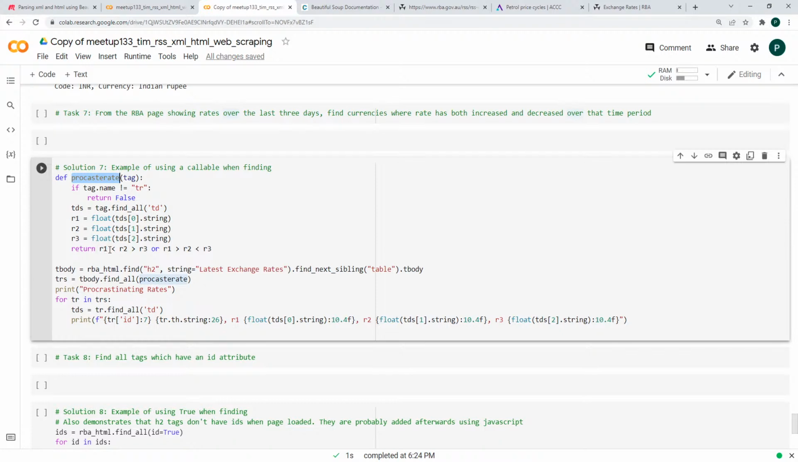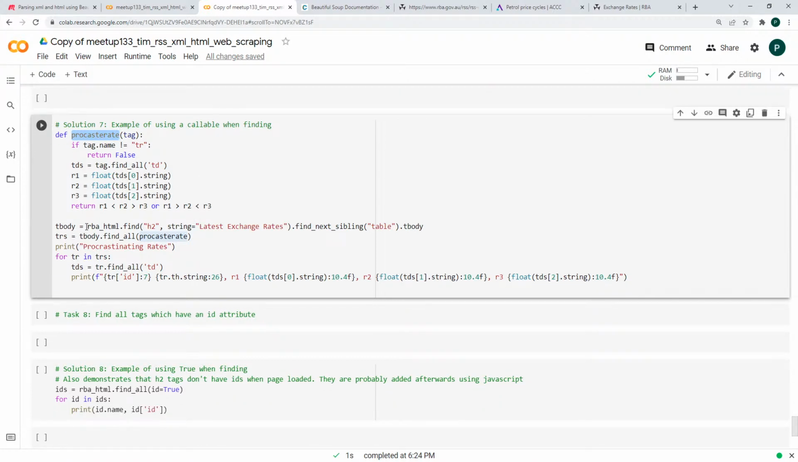see if either R1 is less than R2, which is greater than R3, or R1 is greater than R2, which is less than R3. So that means the rates have gone up and then down, or this one they've gone down and then up. And we used OR in there. So this will give us a true or false response. Now we can